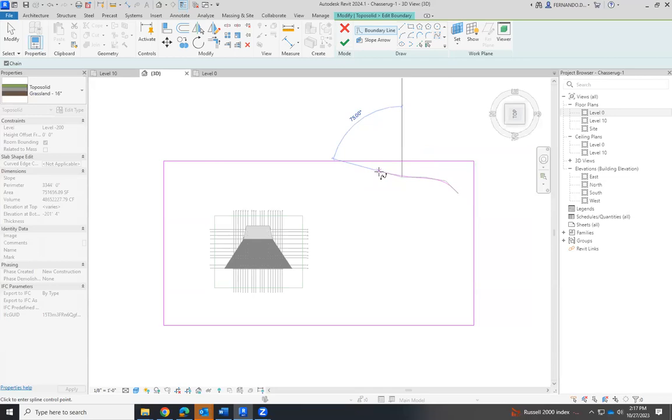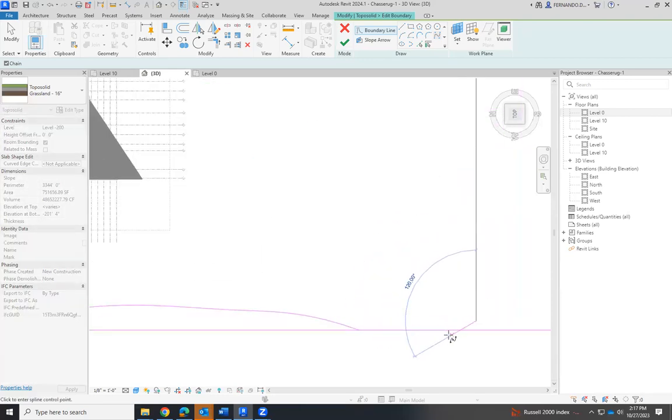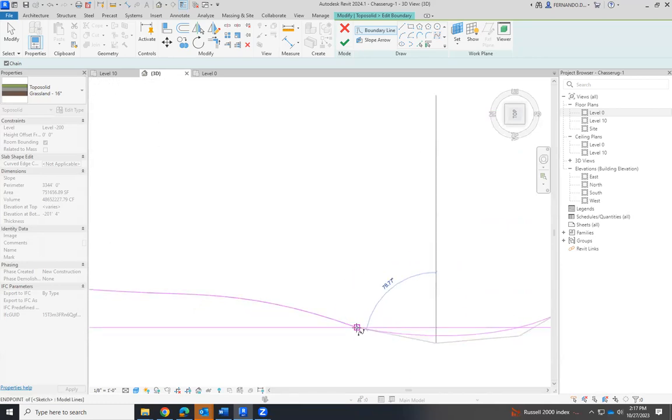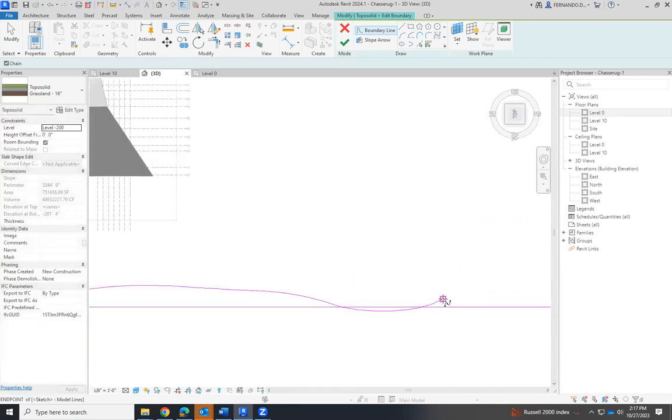So by using the spline, always with the idea of having closer contour lines in that part. Okay, I have to finish all of them. And I'll keep going.